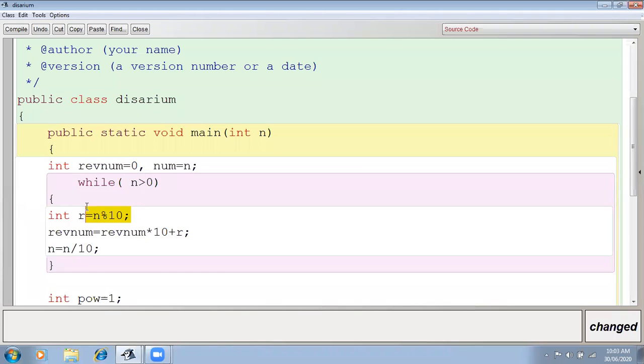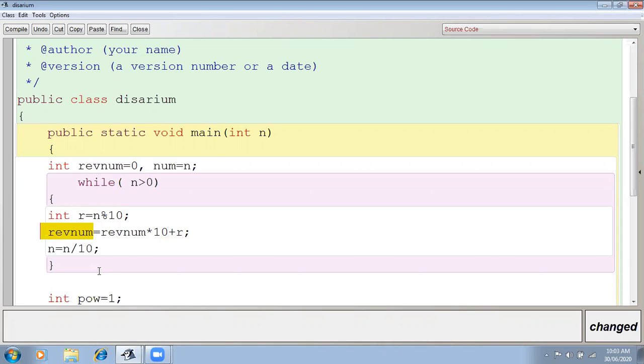I'm taking the modulus, and then in that program we have written sum multiplied by 10 plus r. So the same we are doing over here. The reverse variable I have changed to revnum, in which I am going to get the reversed number.